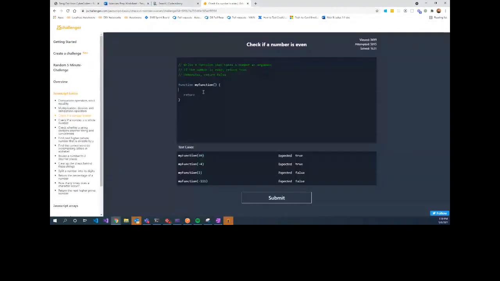Okay. Write a function that takes a number as an argument. If the number is even, return true. Otherwise, return false. All right, so we're going to put in here my number so we know. If the number is even, return true. Okay, so